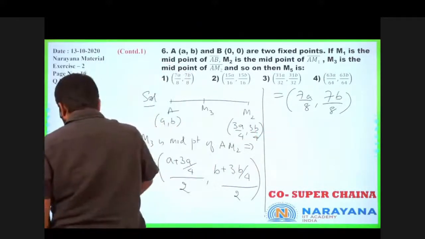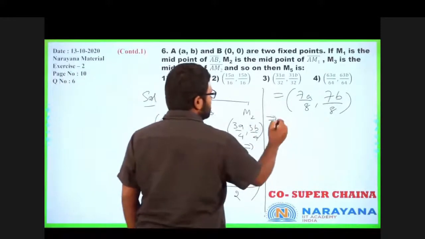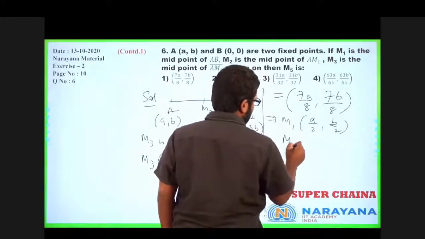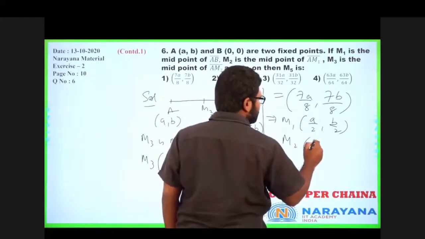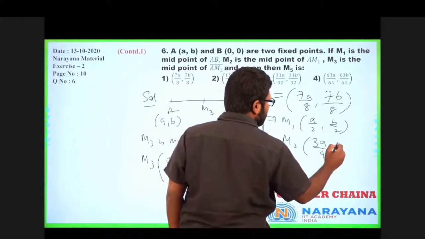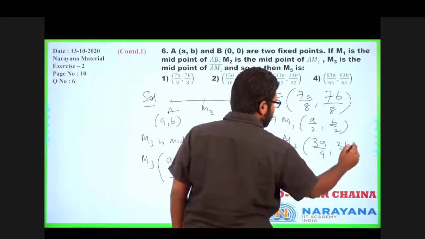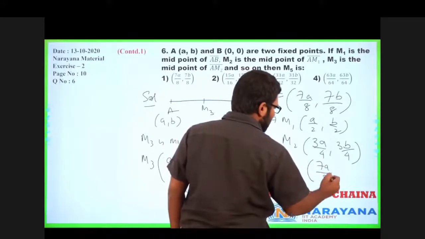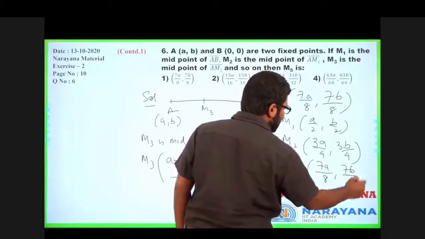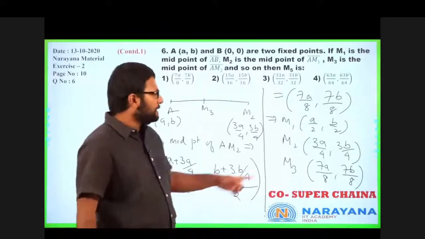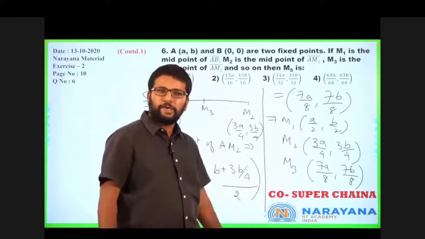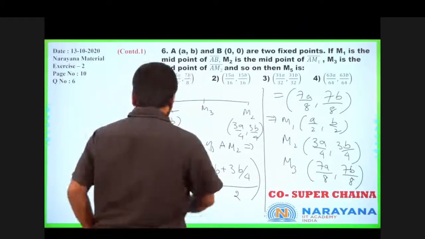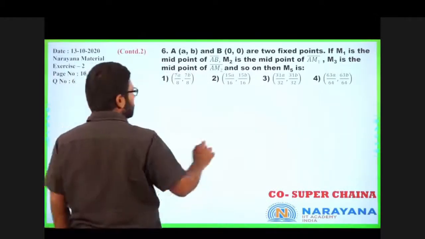Let us write down all the points once again. Right? This means M1 was A by 2, comma B by 2. M2, 3A by 4, comma 3B by 4. M3, 7A by 8, 7B by 8. Can you see the pattern? The denominator is just doubling, correct? And numerator is simply 1 less than the denominator, right? Which means,